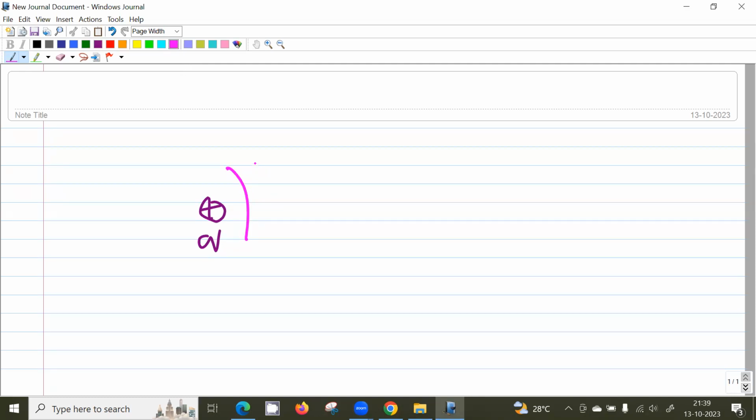They will be nearby, and as you go away they will become farther and farther apart. Suppose there's 10 volts, and next is 8 volts, and the next will be 6 volts, then 4 volts. So you have to draw equipotentials at equal intervals of voltage. There won't be any equipotential of 5 volts, because I'm drawing equipotentials at an interval of 2 volts. So from here, at this point,